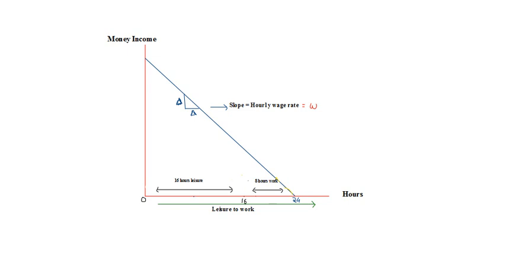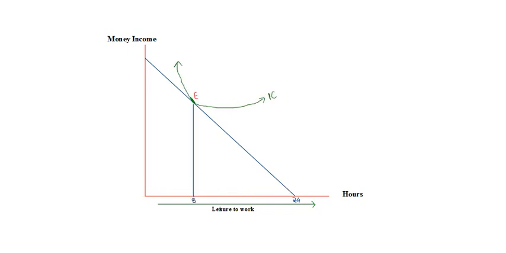Similarly, if I have plotted some point as 16, it implies that whatever is from 0 to 16 are the hours available for leisure, and from 16 to 24, that means 8 hours, are available for work. So always we move from left to right, indicating the preference of leisure over work.